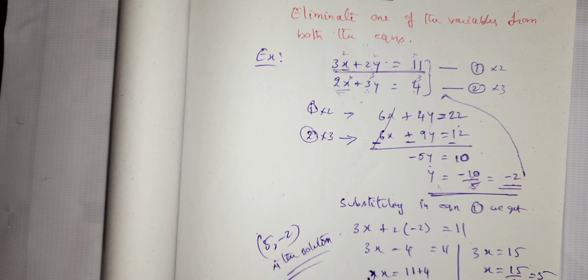The second one is called elimination method, or rather we call that the third one. The first one is the graphical method, the second is the substitution method, and the third is the elimination method. Now we shall see pair of linear equations in two variables, previous year questions and the most important and expected questions.